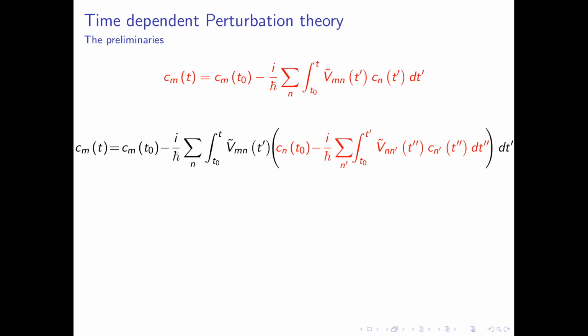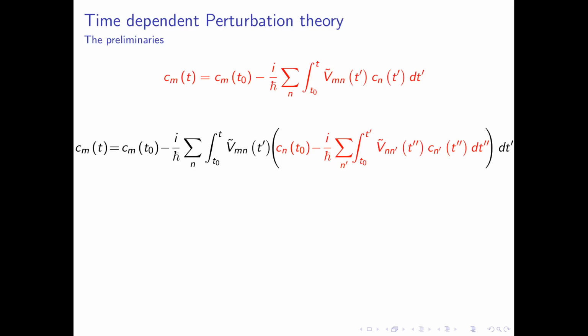In other words, what we can do is write Cmt is equal to Cmt0 minus I by h cross sum over n integral from t0 to t v tilde mn t prime. So far, this was all that we had earlier, and now what we have done is we have replaced the Cnt prime by the thing in red in the brackets. Cnt prime is given by Cnt0 minus I by h cross sum over a different index n prime. You can no longer use the dummy index of summation to be n, because I am talking about a specific n here. t0 to t v tilde nn prime at t double prime Cn prime at t double prime dt